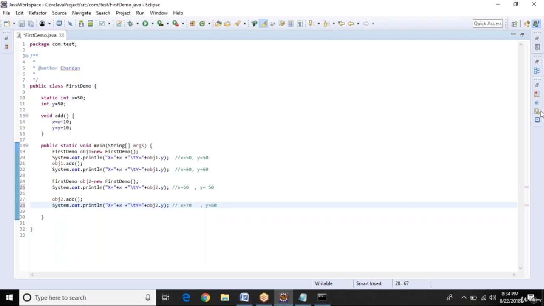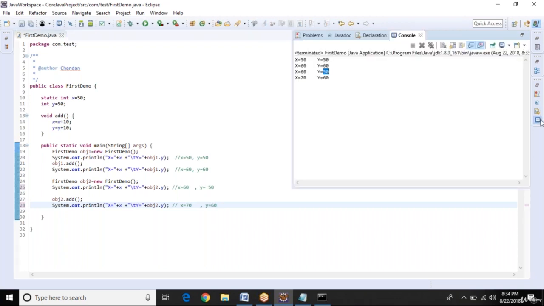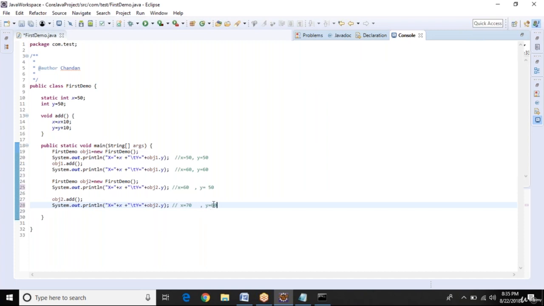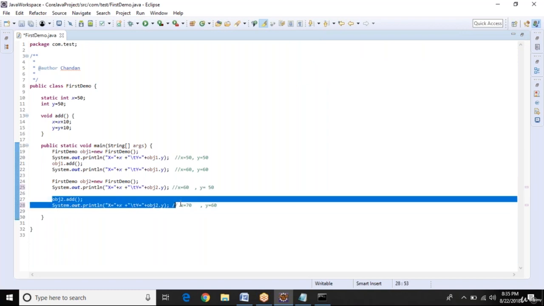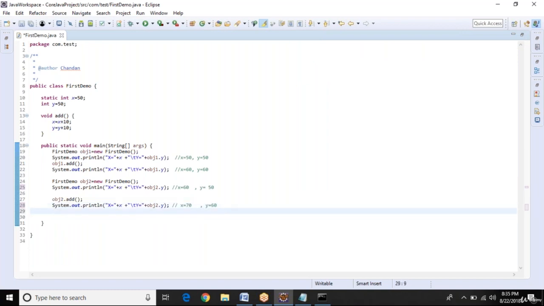You can see here, whenever we call the add method, the value changed. We called the add method here and we called the add method here, so the value is changed. Now if I again print this line, what will we get?